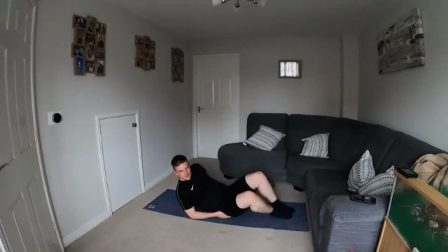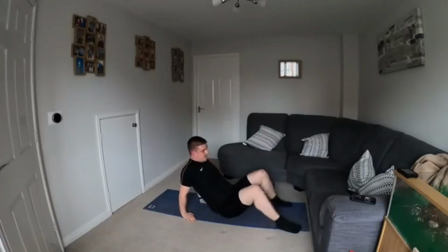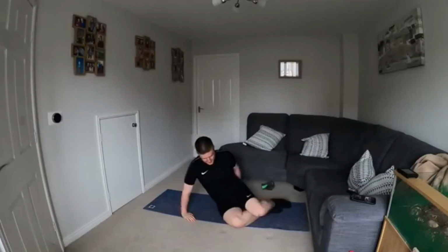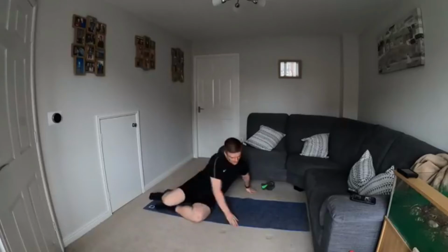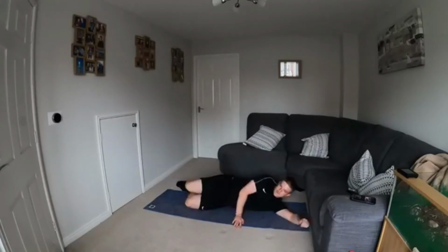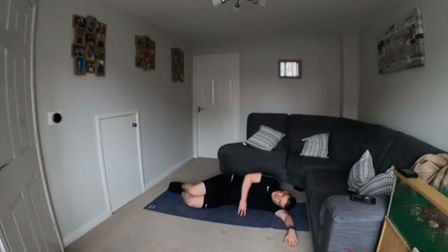And then from there, we're going to go into our clams on the other side now. So on the other side, what you're going to do is exactly the same as we were doing before. So if I change sides. Again, align yourselves to the back of your mat. So hips, knees, shoulder in line, arm out in front of you. Either this arm here to stabilise, or on your hip, so it's in line, and then again drawing these collarbones and these shoulder blades down,